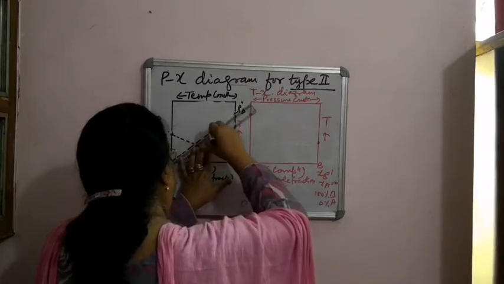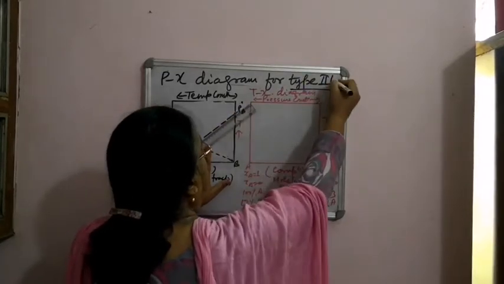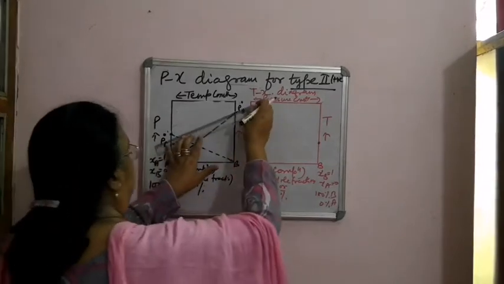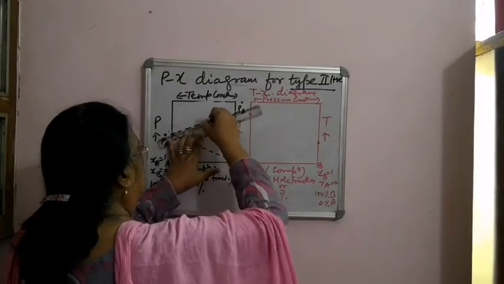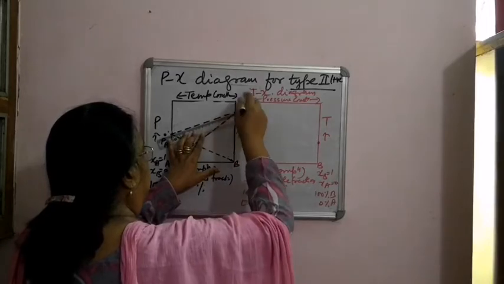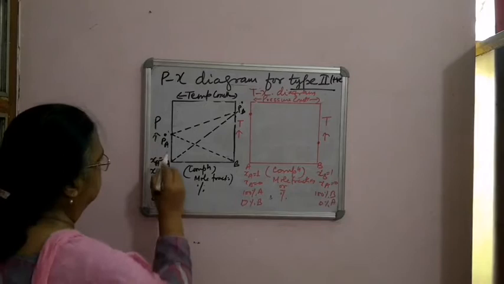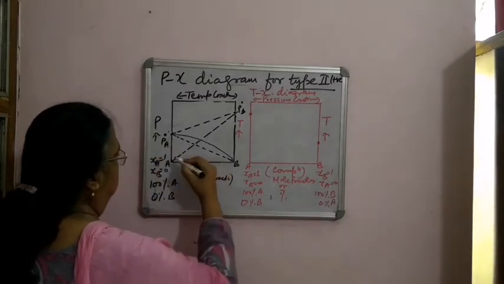Type 2 is also showing positive deviation, and this is for the ideal solution, a straight line we have obtained. So when it is type 2, we have this above it,